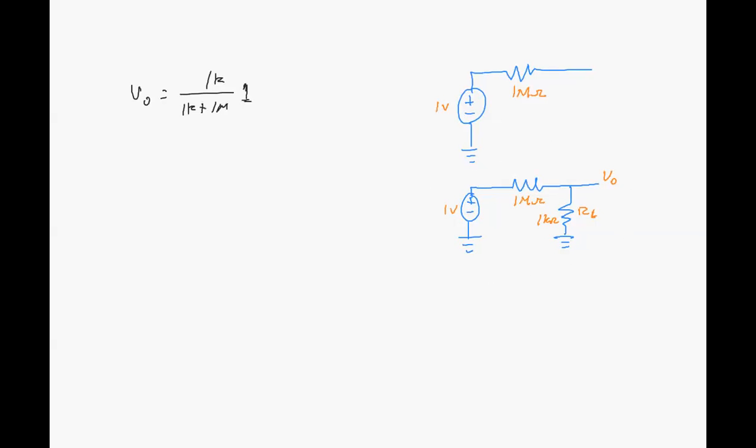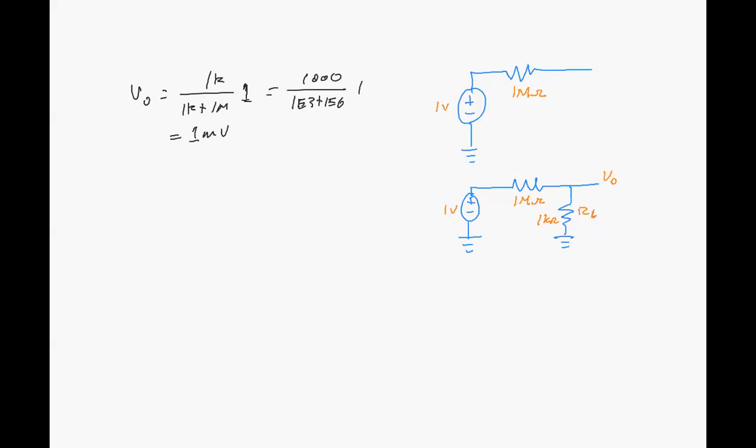And that will equal, if you put the numbers in, 1,000 over 1e to the 3 plus 1e to the 6 times 1. What we end up with is 1 millivolt,